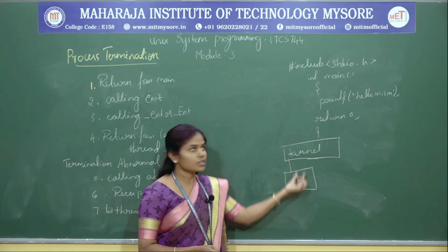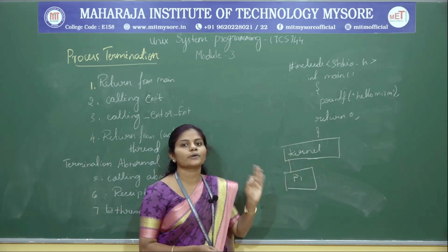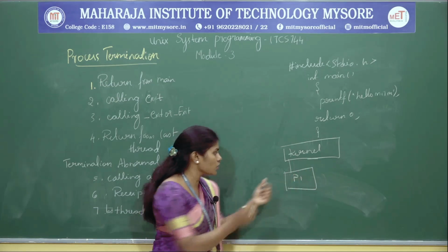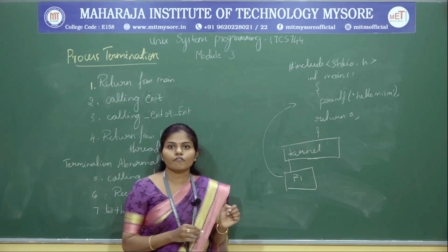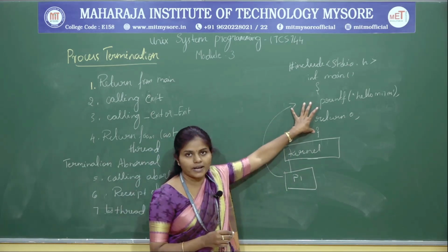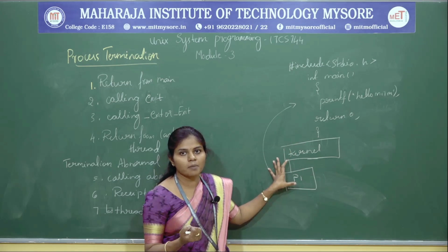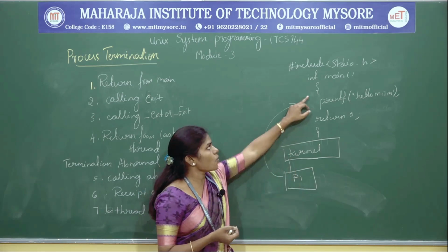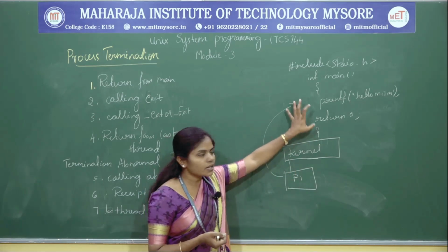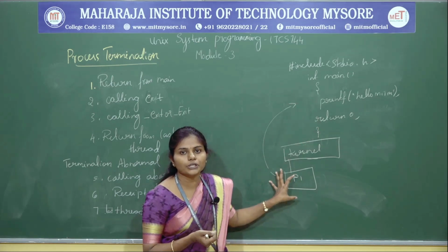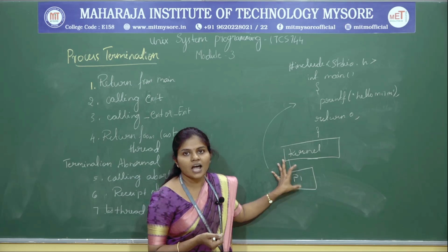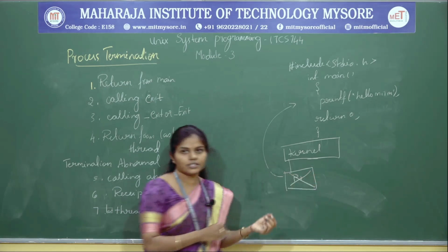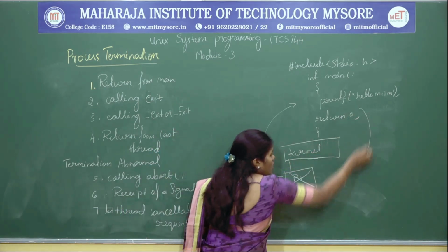A program under execution is what we call a process. Now the kernel is going to create a process, and the process P1 is going to take care of the execution of this program, right? Before that, as I said in the previous example, the startup routine has to be used. After execution, this process is going to end, either normally or abnormally. It should end after the execution of this program, right?